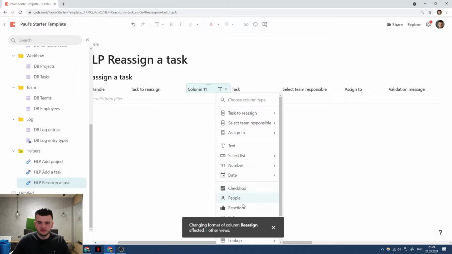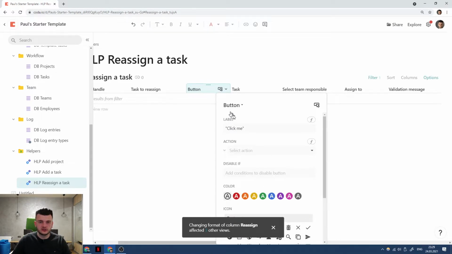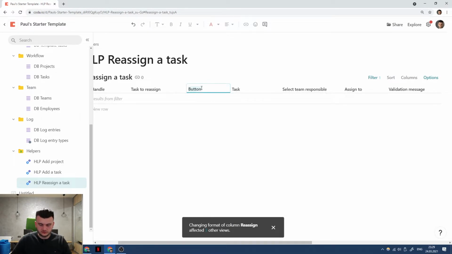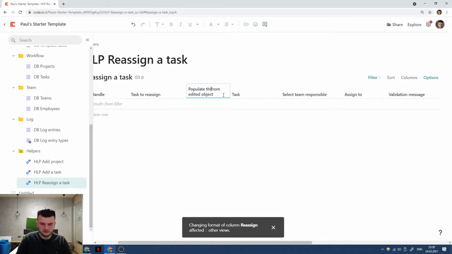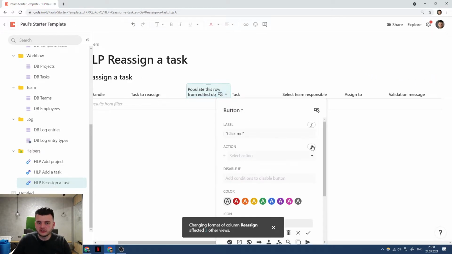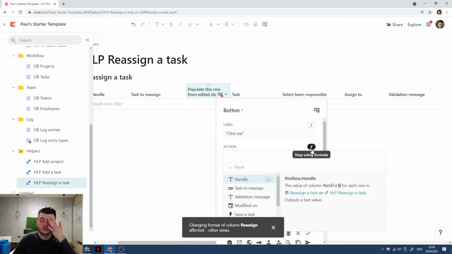We should have a button here to actually populate from... I don't know, insert from edited object. So populate this row from edit object, and that's where that logic should belong, because whenever you